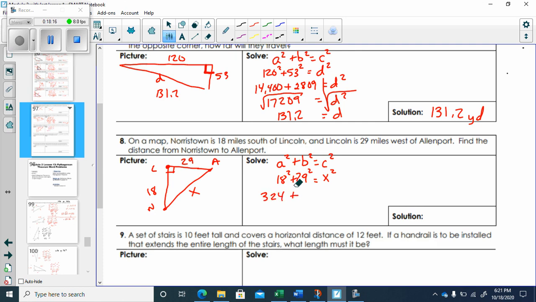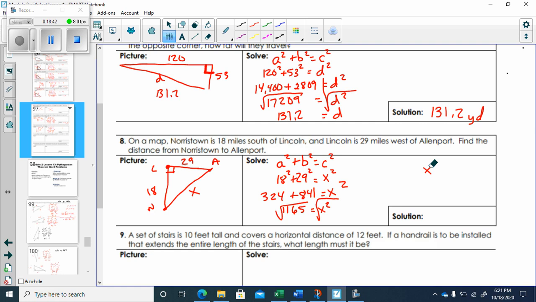29 squared is 841, equals x squared. Let's add these two together. 1,165 equals x squared, okay? Now, let's take the square root, and x is equal to the square root, second function,